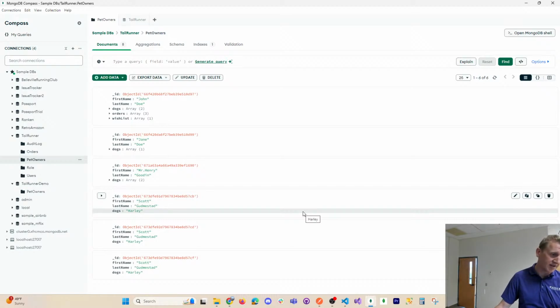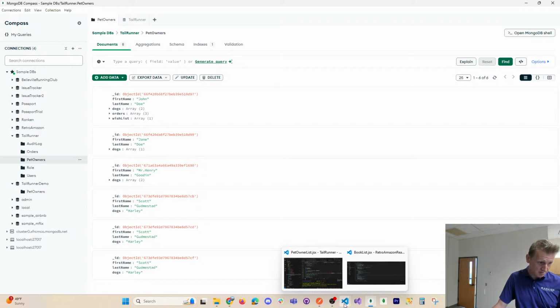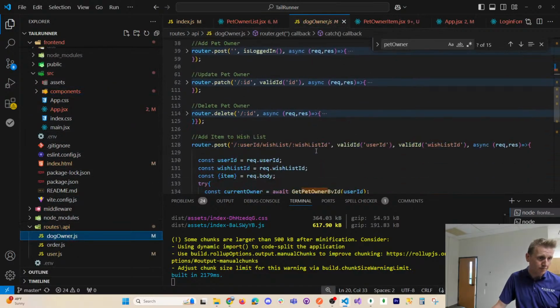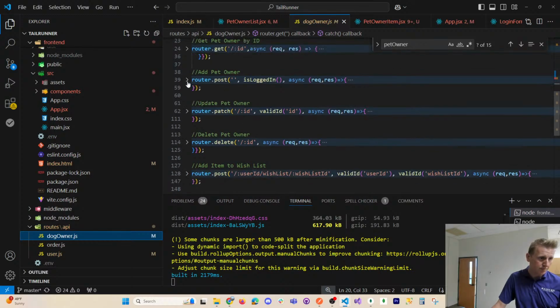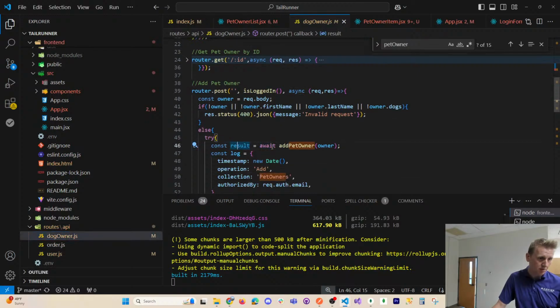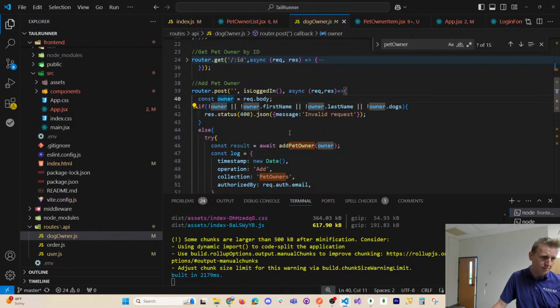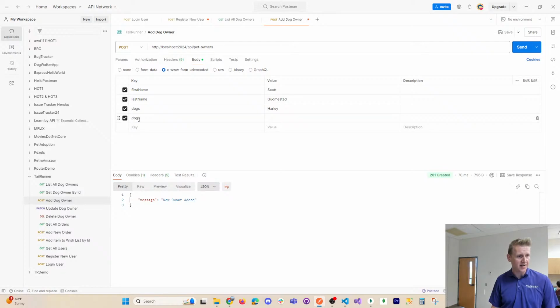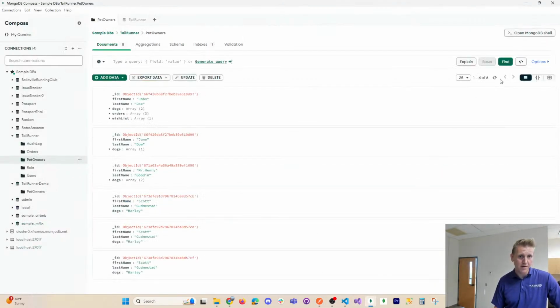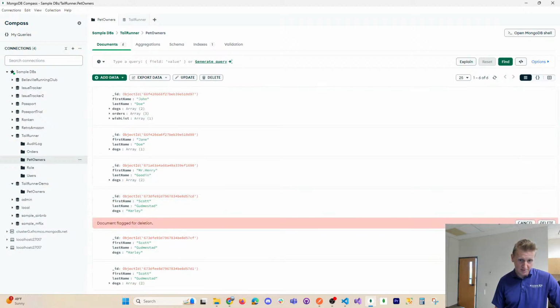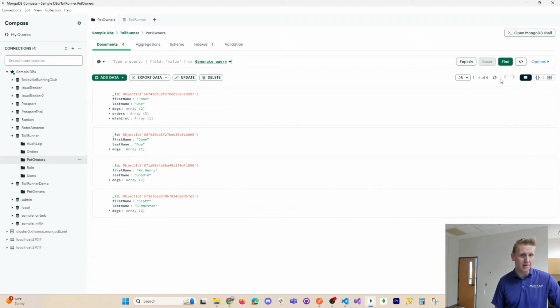Okay, dogs is a string in this case, not an array, so let me refactor my backend to make it a dog array. Back up. Dog owner. Posting. So our owner is coming from req.body. And here I just added 1 dog. If I do that, it should be an array. And I have to fix that in my backend so that I don't allow just string. Even if it is 1 dog, I need to put it into an array. I could fix that on my backend, but for right now, just to get past that,